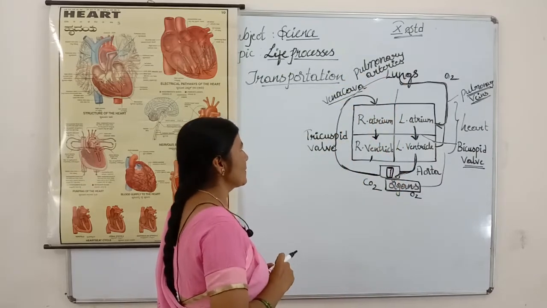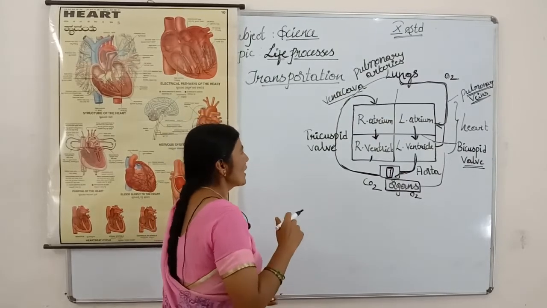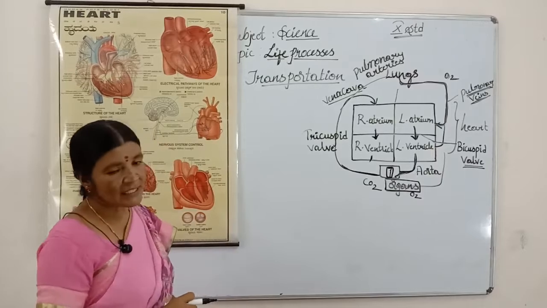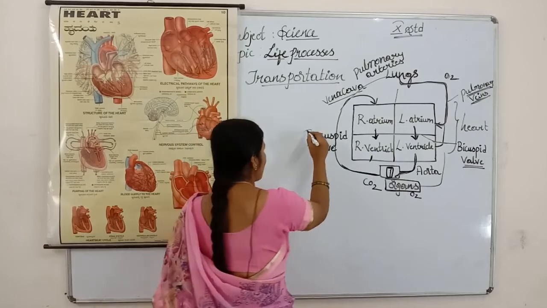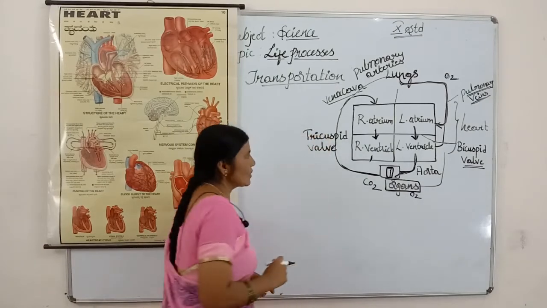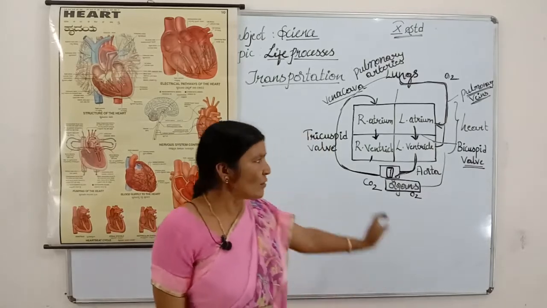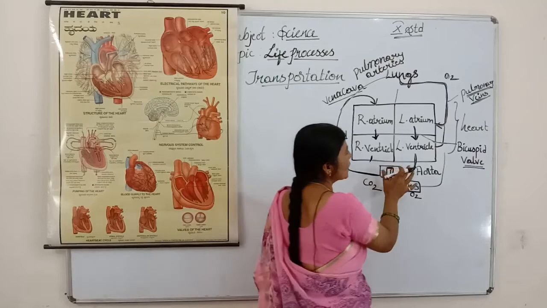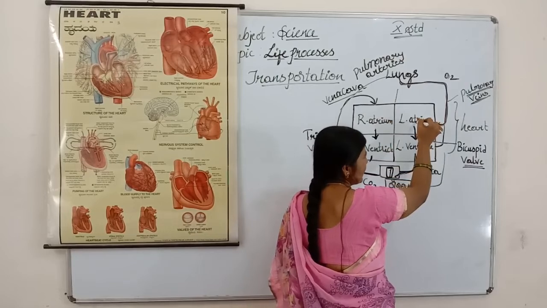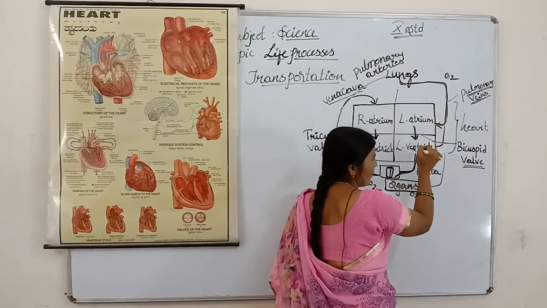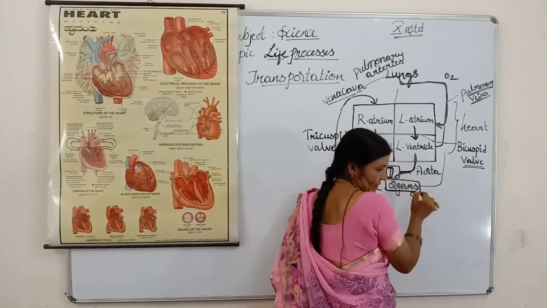From lungs, again the blood enters the right atrium, and from right atrium to right ventricle through a tricuspid valve. Through tricuspid valve, isn't it, children? So here we have seen blood entering the heart twice. How? From lungs it entered into left atrium, and from left atrium to left ventricle, and again it came out through aorta and passed to all organs, isn't it?